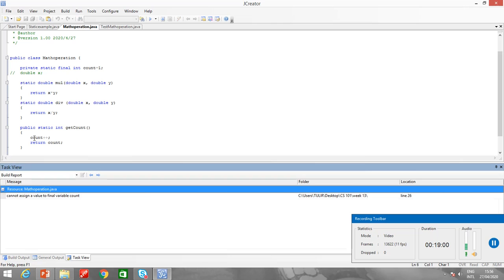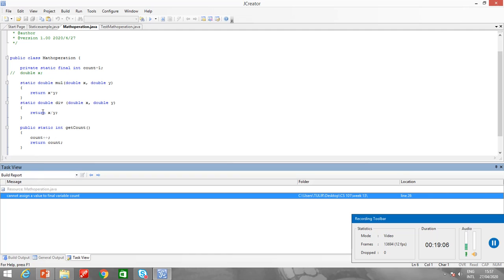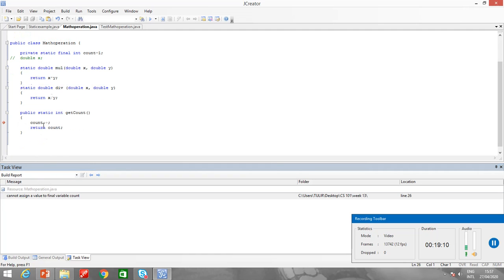I cannot change the value, because if you see over here, it says cannot assign a value to a final variable, because I am incrementing over here. I cannot change the value of the final variable.